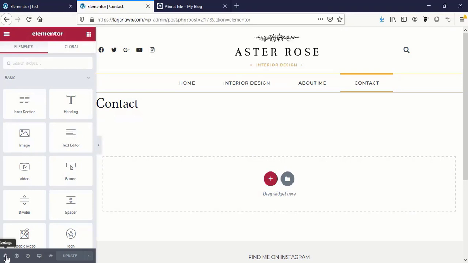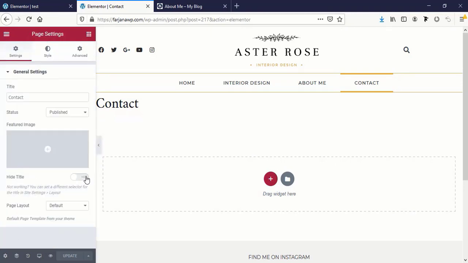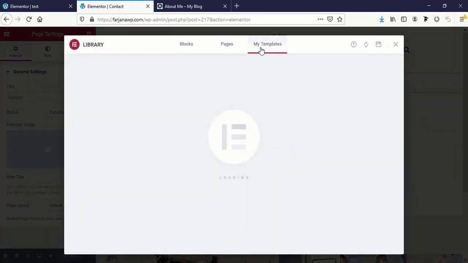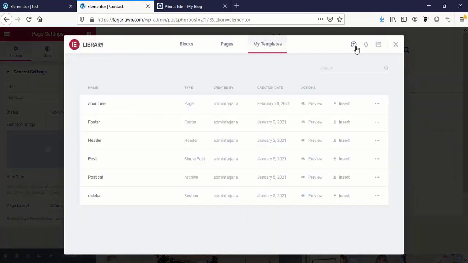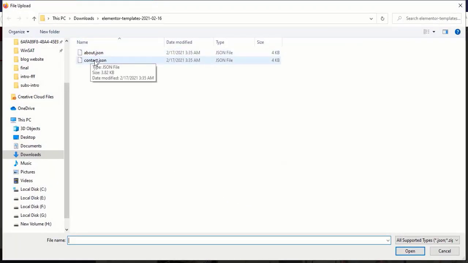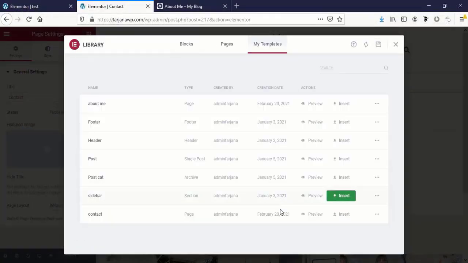From here, going to settings and hide title, then update it, and then again going here, add template, my templates, and going to import template, select file, here is the contact page template,